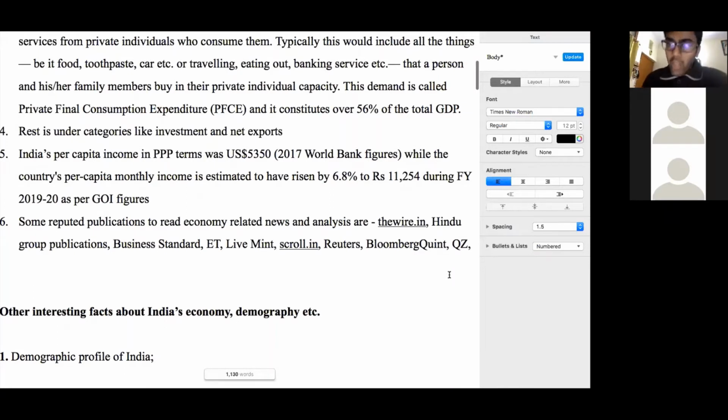There is no hard and fast criteria as such. But because India's percentage of private consumption is still far lesser compared to most of the developed world and compared to China as well, and even if we compare that to Brazil, which is a fast developing country, India's percentage is less. So that's why India is not per se called a consumption-led economy.